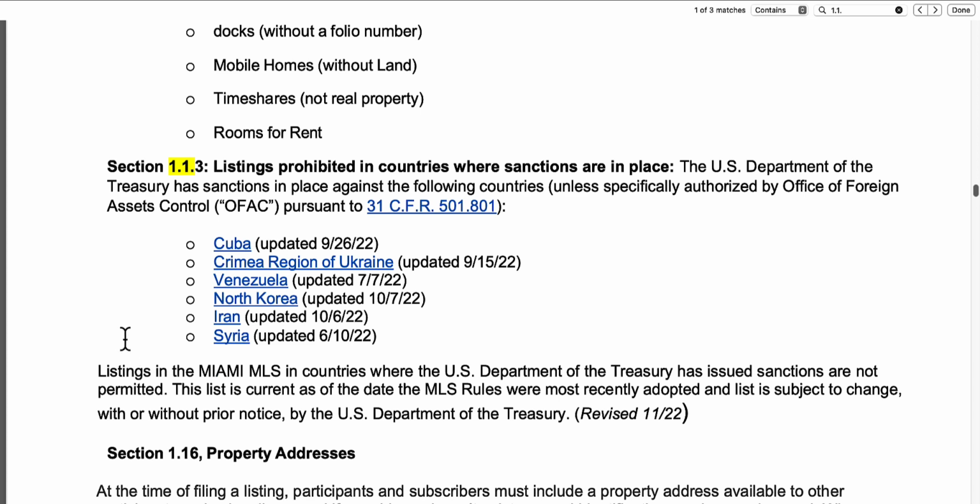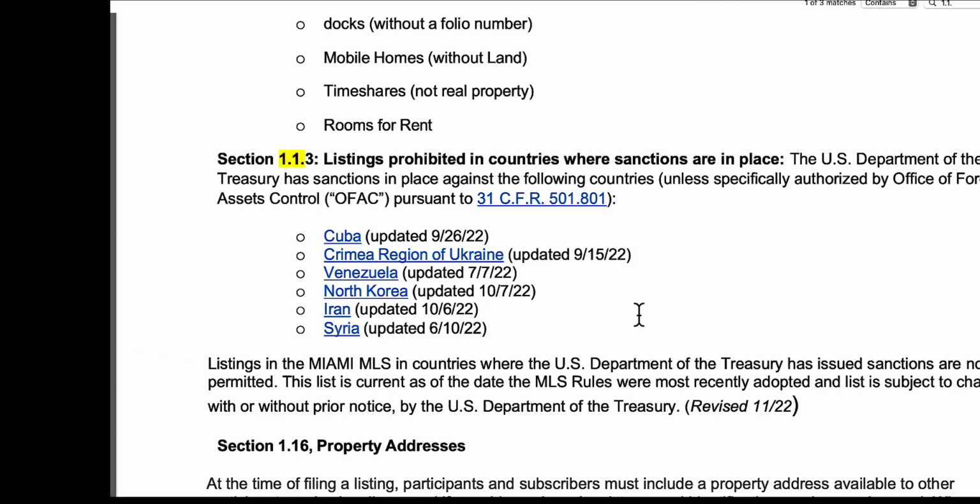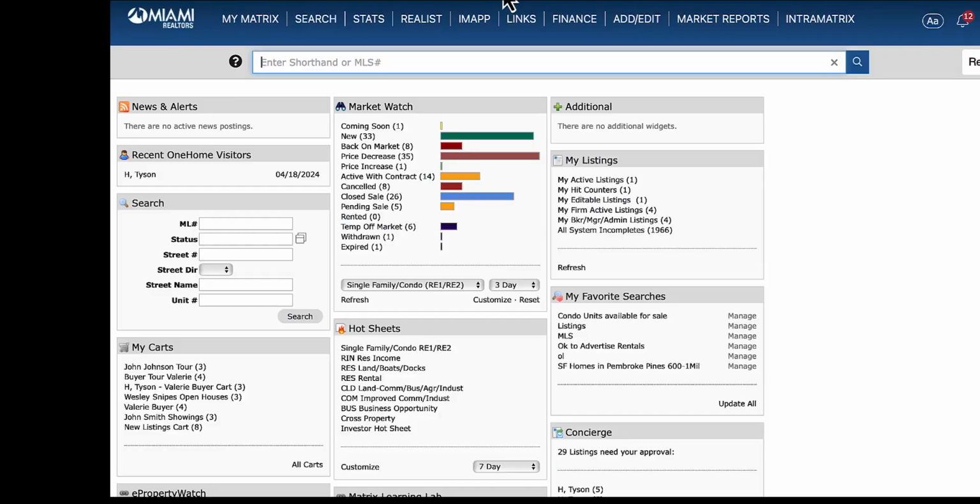Listings in the Miami MLS in countries where the U.S. Department of Treasury has issued sanctions are not permitted. This list is current as of the date the MLS rules were most recently adopted, and the list is subject to change with or without prior notice by the U.S. Department of Treasury. Right, from there, I am going to show you how you can input an international listing into